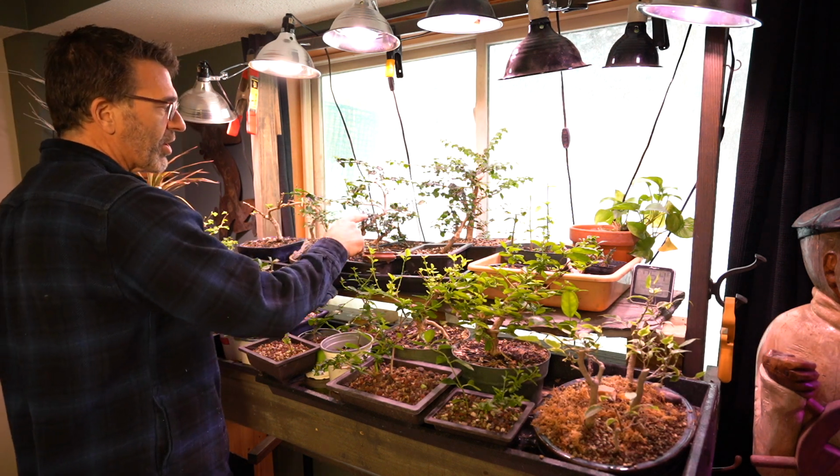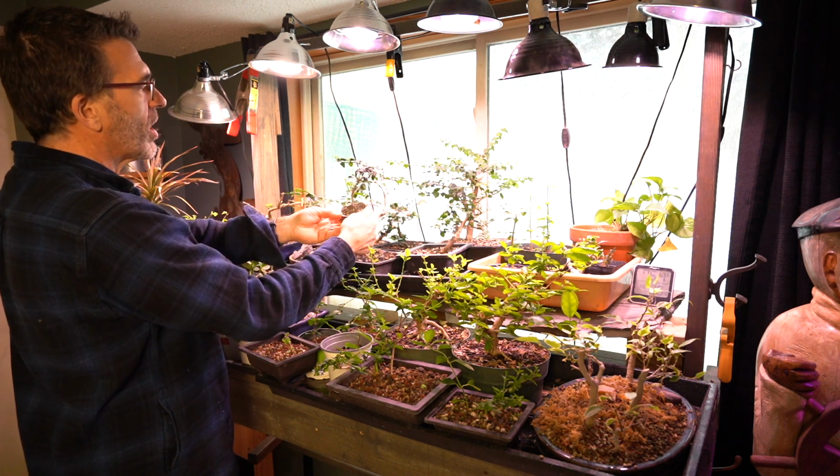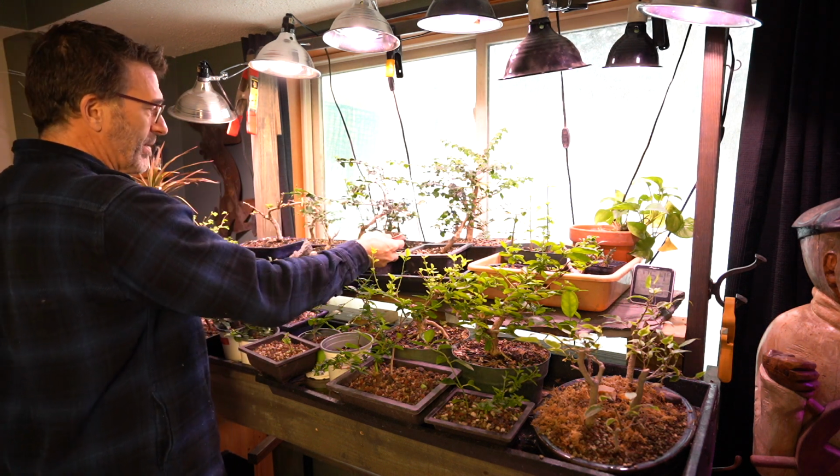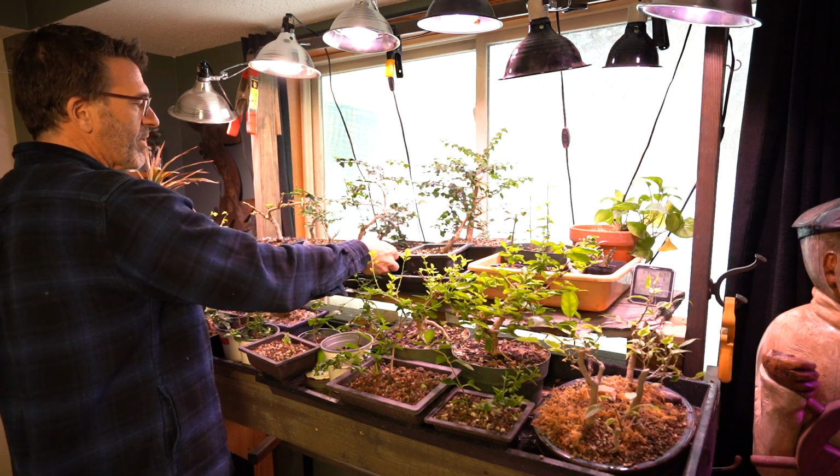Now this is a brush cherry. I used to think it was a ficus, but it's not. This is one of your broadleaf evergreens that I really shouldn't have in my plant room, and I should go put it in my cold frame for a couple months before spring, which I'll probably do here